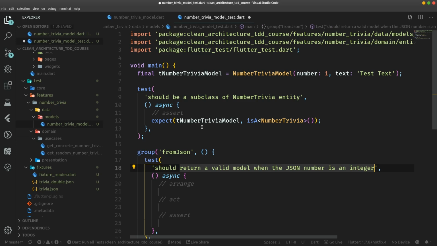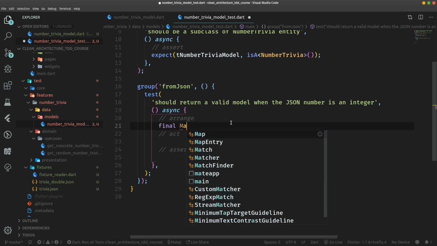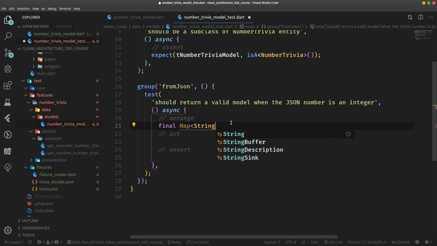Because remember, in the edge case, so to say, the number will not be regarded as an integer, but as a double. And that test will come next. But let's first deal with this simpler case where the Dart compiler doesn't do us any craziness. So in the arrange part, we want to get the fixture to simulate the JSON and convert it to a map string dynamic. So final map string dynamic